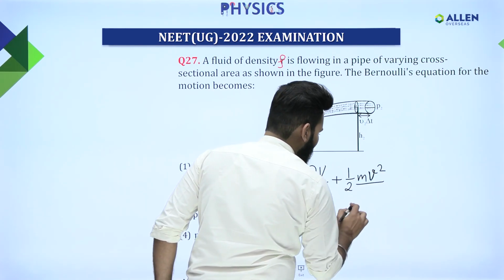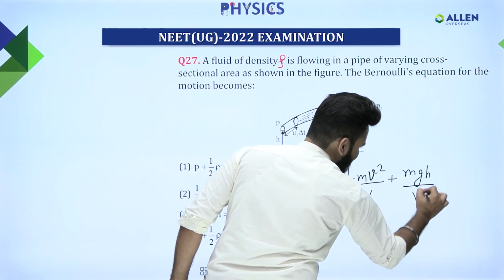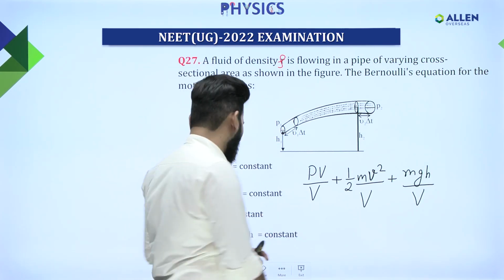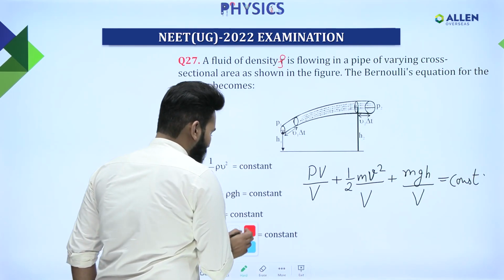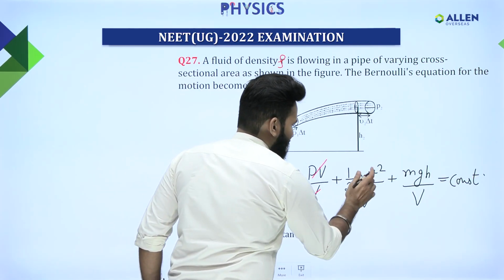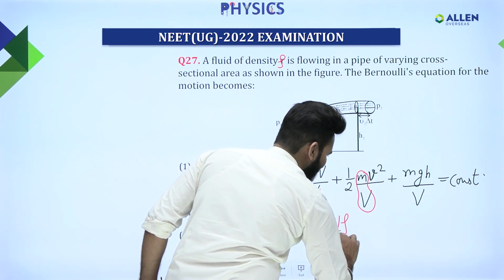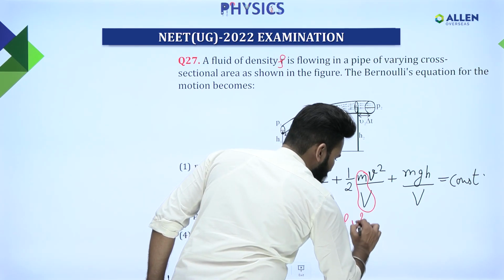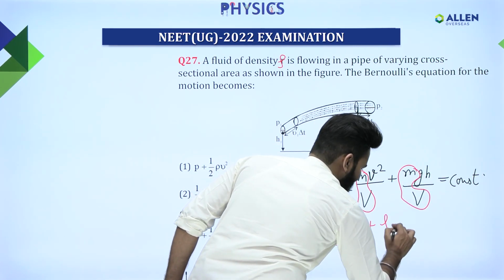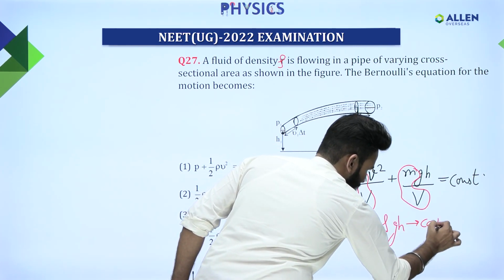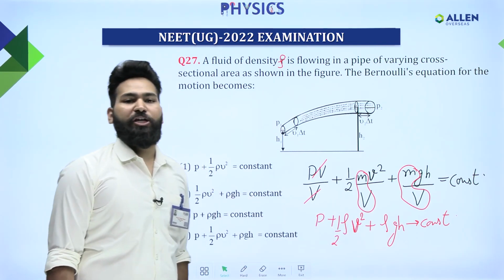So let it be small v, and this volume is capital V, plus potential energy, which is again mgh divided by volume, as we have to consider potential energy per unit volume. This will be constant. I can see that this V will just get cancelled out. This is mass per unit volume, so it will be nothing but density. So this will be half rho V square, where V is velocity, plus m by V, again mass per unit volume is again density, gh. This will be constant. So P plus half rho V square plus rho gh will be constant,